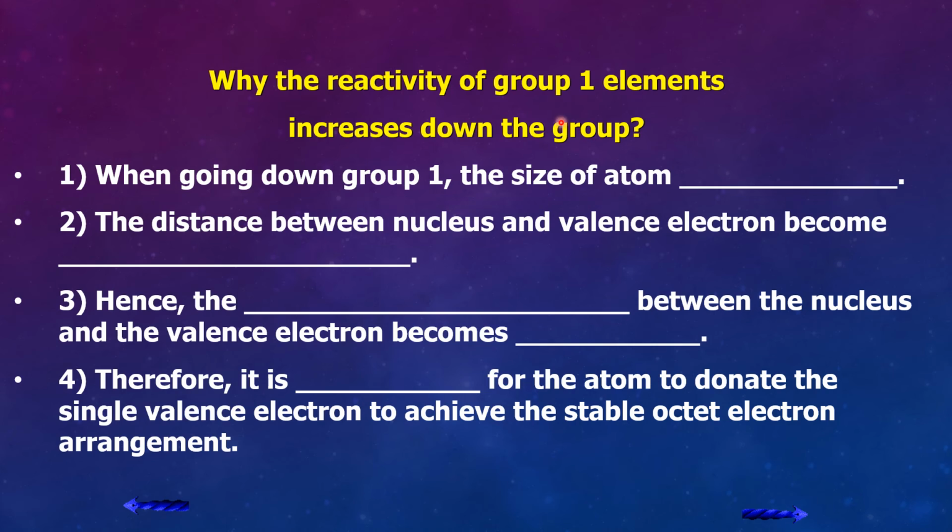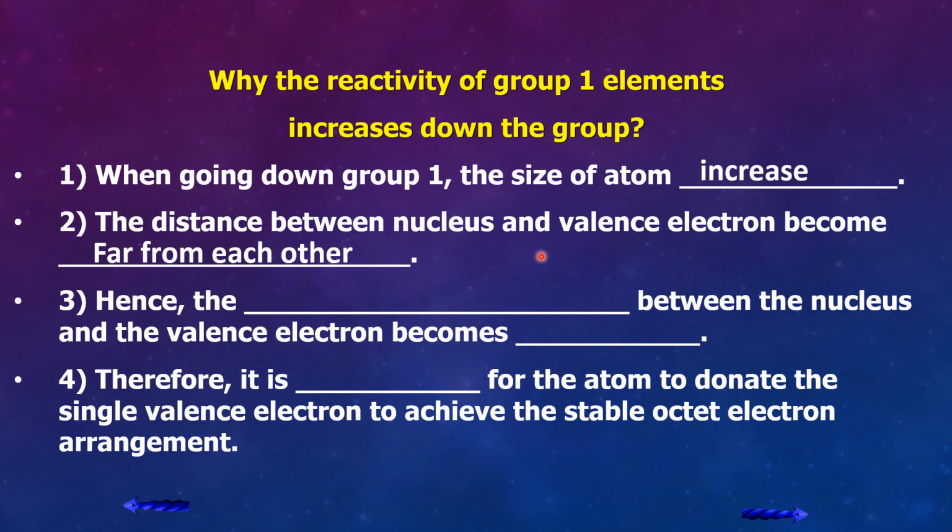Why does the reactivity of group 1 elements increase down the group? So this is an example of a possible answer. If the question asks you why reactivity increases down the group, so when going down the group, the size of the atom becomes bigger, or the atomic size is increased. Okay. The distance between the nucleus and the valence electron in an atom. Okay. Nucleus in the middle, valence electron in the shell of the atom, become further from each other,